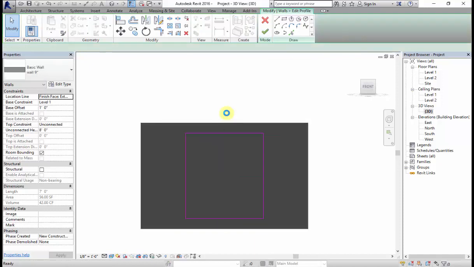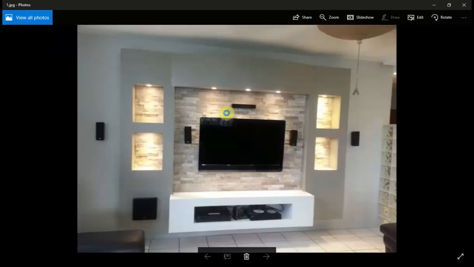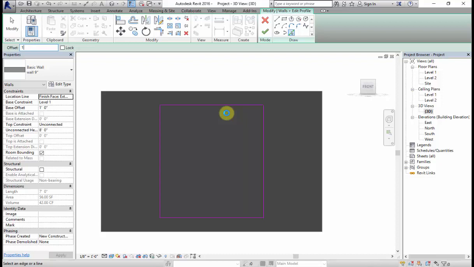Okay, so now as I have considered this as my one box, this design I'm going to do over here. So here I'll take pick line, I'll give the offset of 1 feet 3 inches equally all the sides. From this side, from this side and from this side.